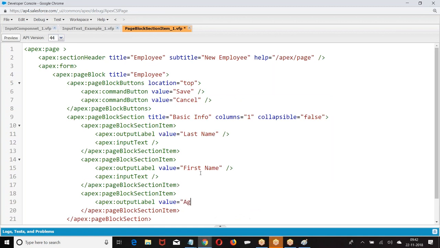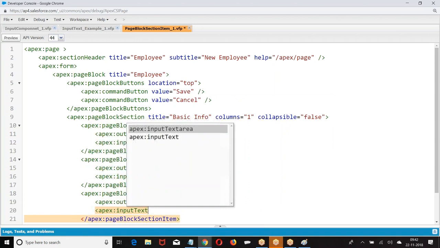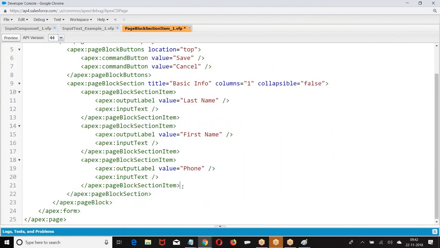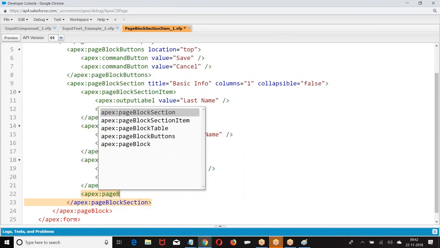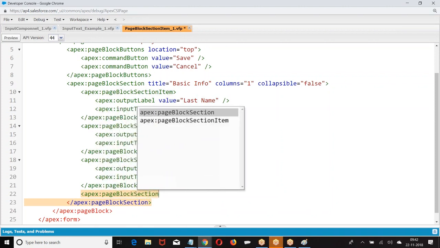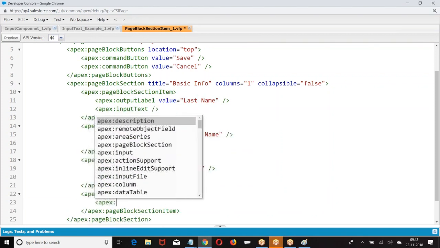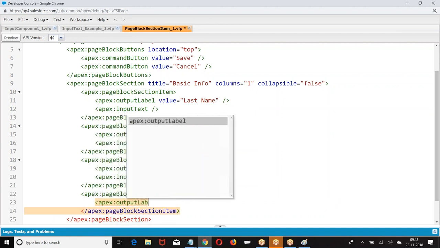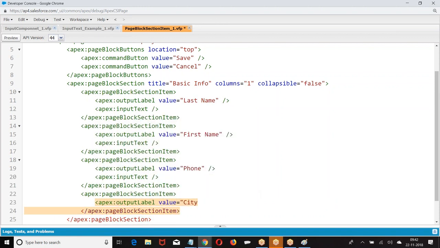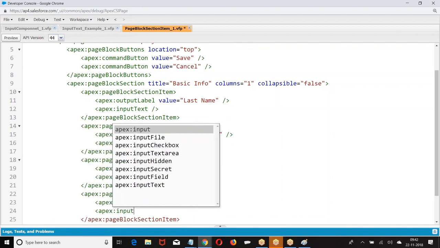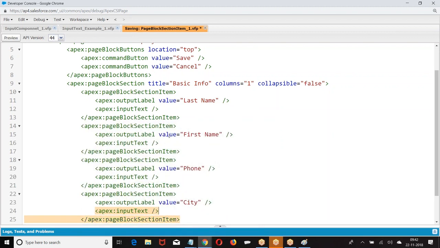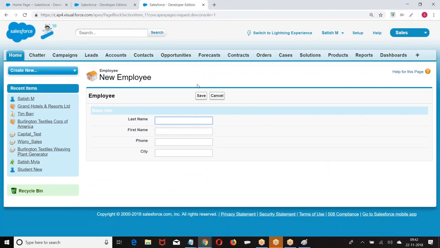Phone and city. Right. So go for a preview. This is what I have created: last name, first name, phone and city. I hope you are good with this.